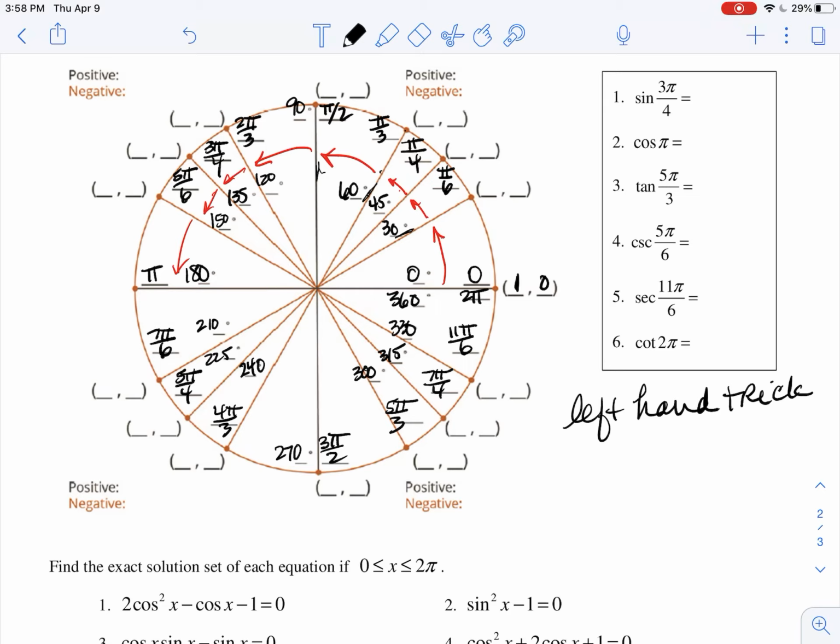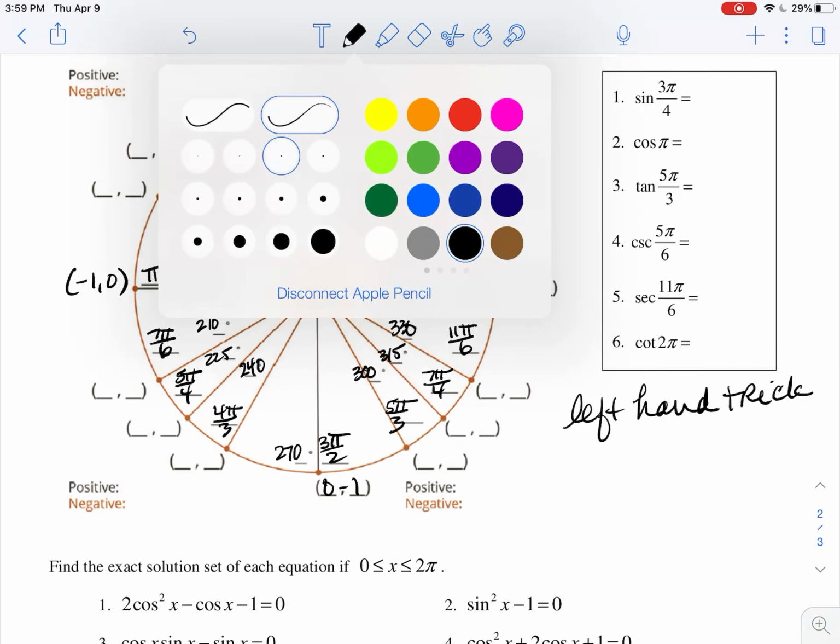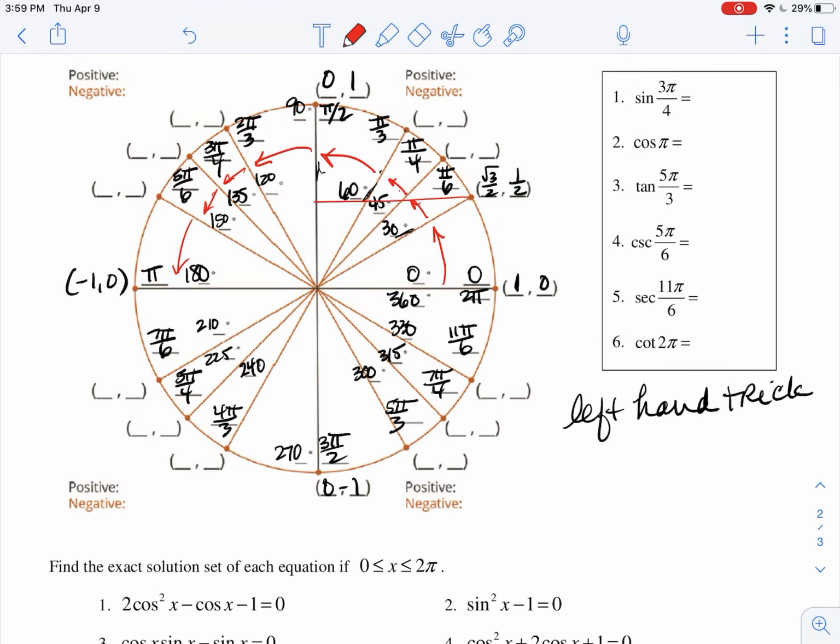So let's do that. Well, first thing, this is our unit circle, so we know the radius is 1 unit. And so let me go around to all of the axis angles. So 1, 0 is at 0 radians, 0, 1, -1, 0, 0, -1. Okay, and then square root 3 over 2, 1/2. This angle,